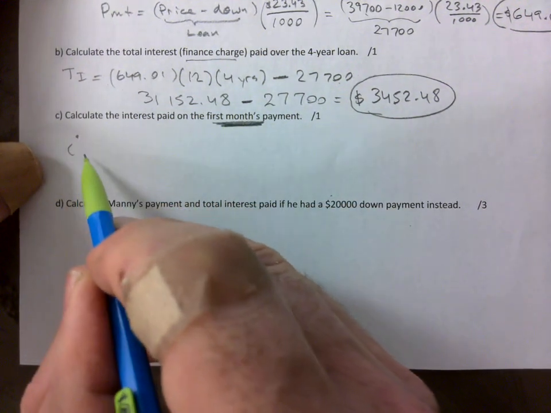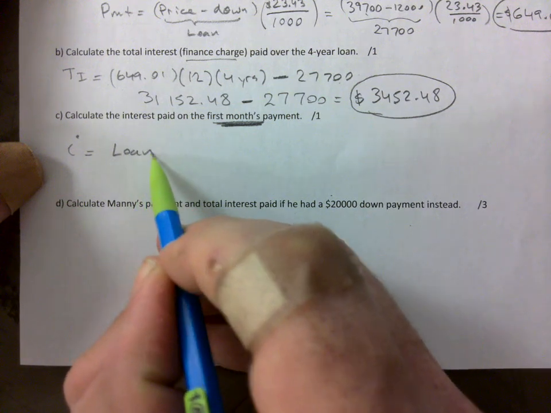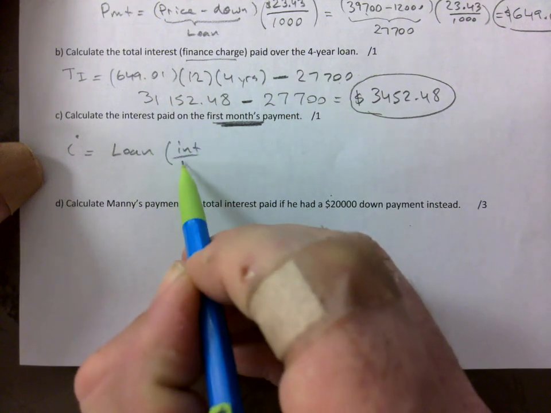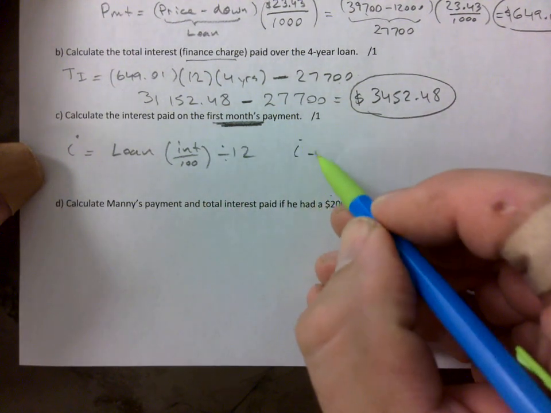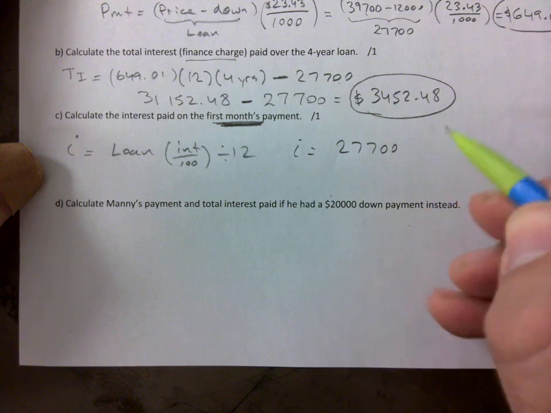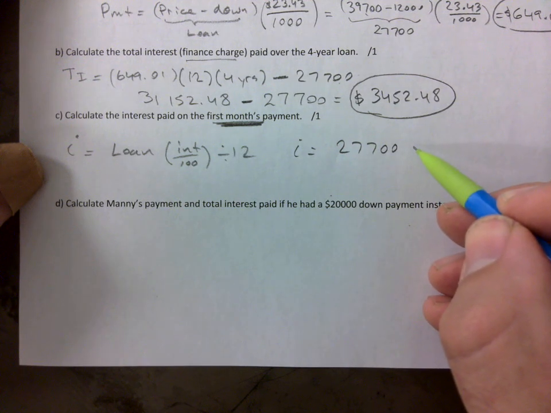Calculate the interest paid on the first month's payment. That is key for lowercase I, which is loan times interest rate divided by 100. All of that divided by 12. Okay. So the loan is 27,700 times the interest rate. That would be